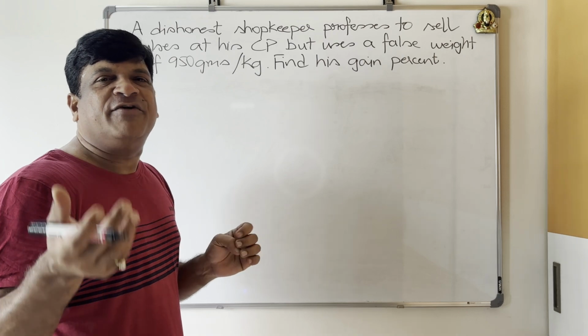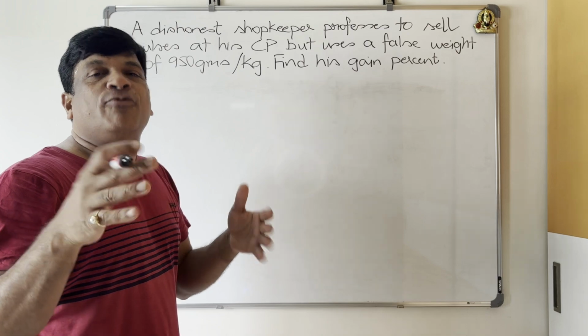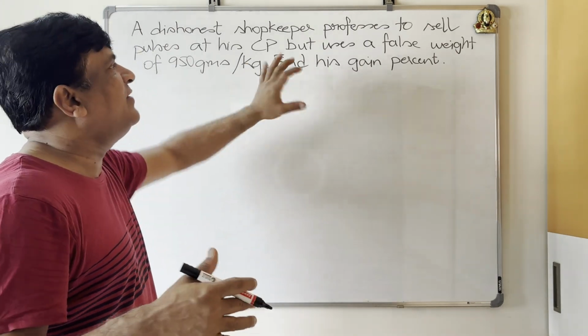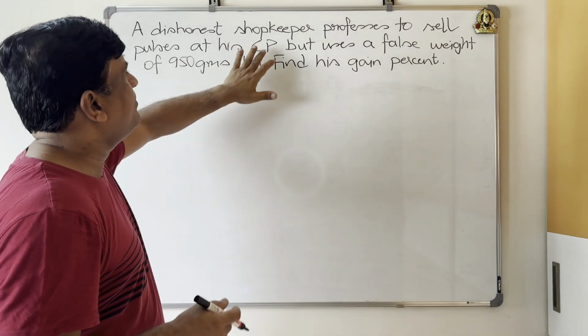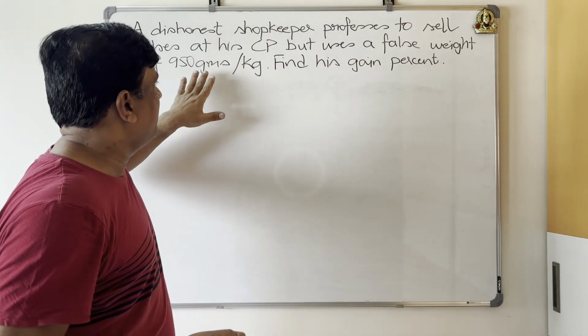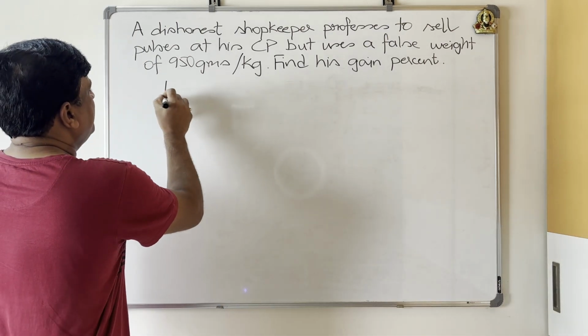A shopkeeper will never open a shop to sell things at a loss or without making any profit. So you need to understand that. You need to understand this problem in that way and start doing it. So for example, we don't know the cost price of the pulses, right? So what we do is let's get started with an assumption. So let the